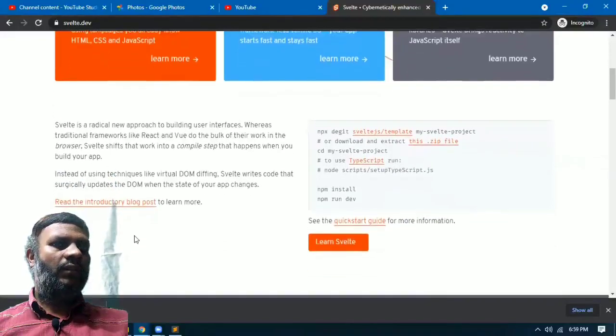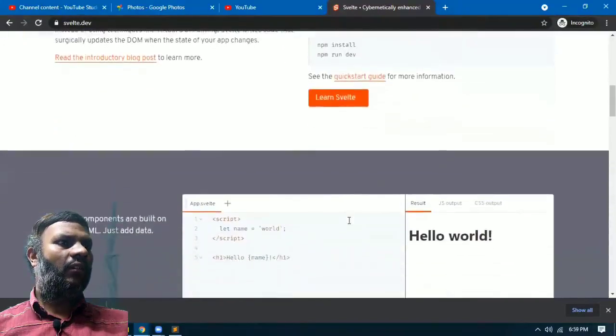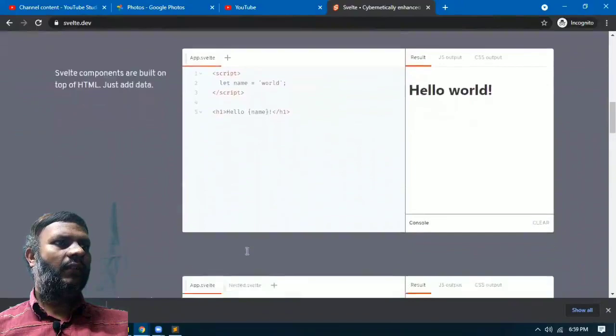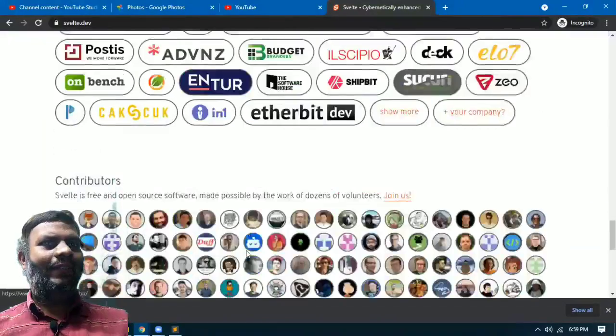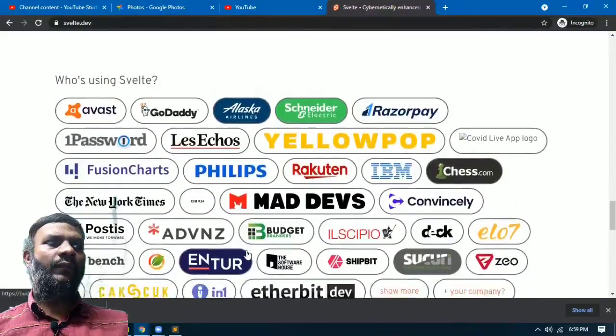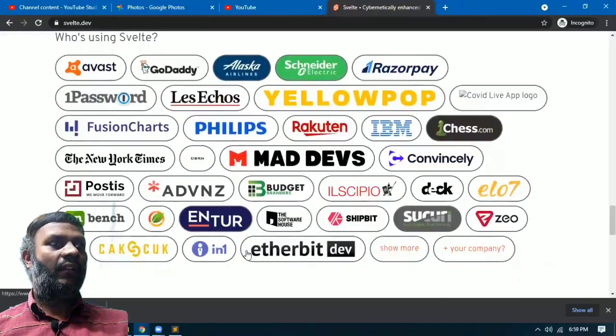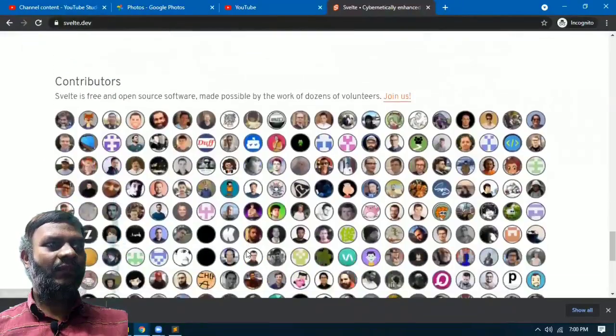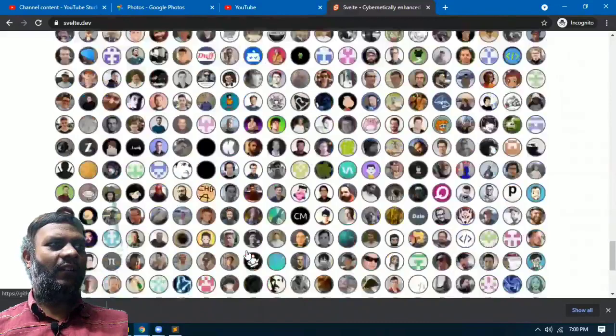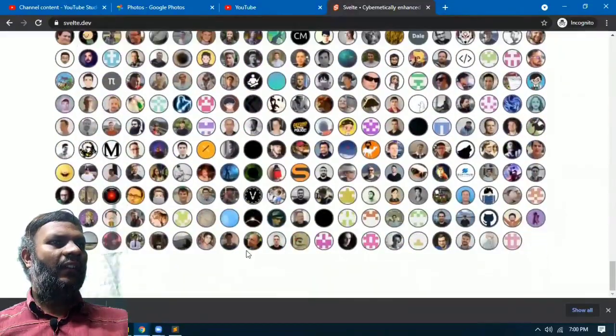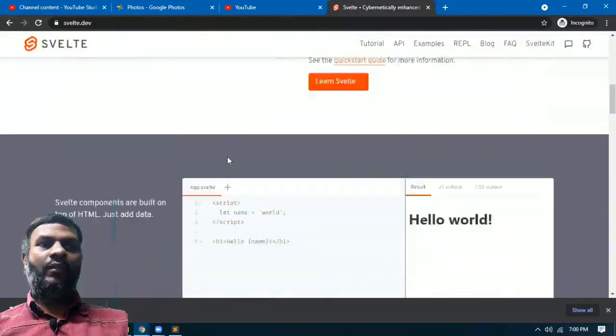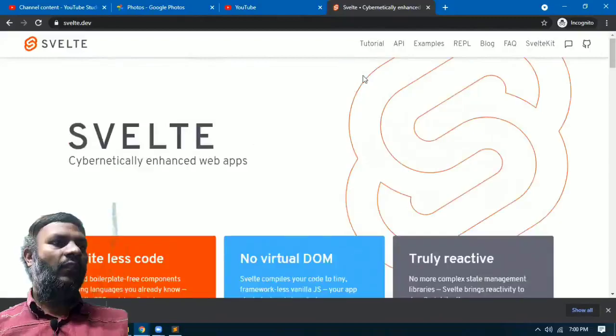Now we go to the list of companies who are using Svelte. In that site they have given clean documentation. The site is good. We already see top players like Rakuten, Fusion Charts, GoDaddy, and Avast. So pretty much big players are already migrating, and we see a ton of contributors already. One of the cool things which I read about Svelte was